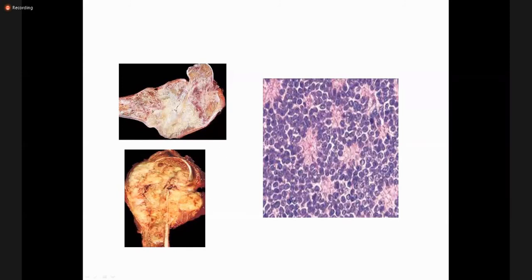So on microscopy or morphology, you see sheets of small rounded cells with indistinct cell borders, and you usually see mostly nuclei, with a little bit of cytoplasm. These spaces we call rosette formation, which is the striking feature for the neuroendocrine tumors. You see this type of rosette formation in Ewing sarcoma, in ganglioneuroma, and sometimes in some brain tumors like ependymoma. You see the rosette formation, but again the neural rosette formation is the striking feature for the neural lesions.